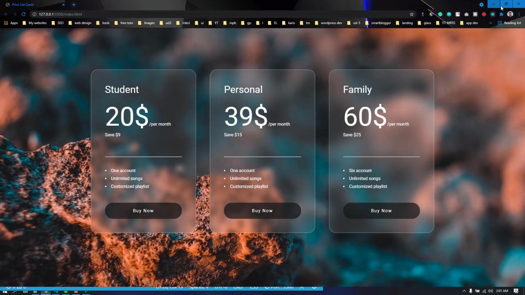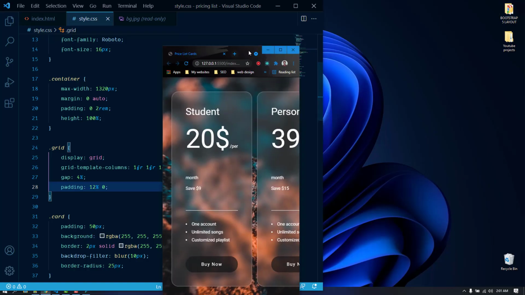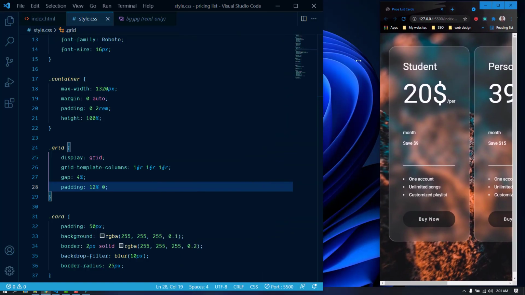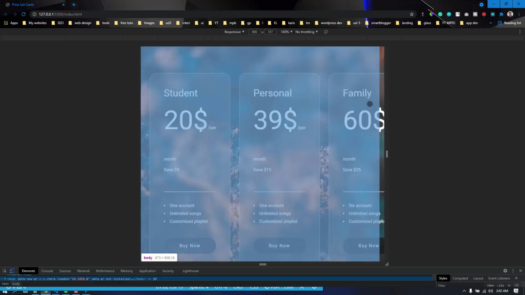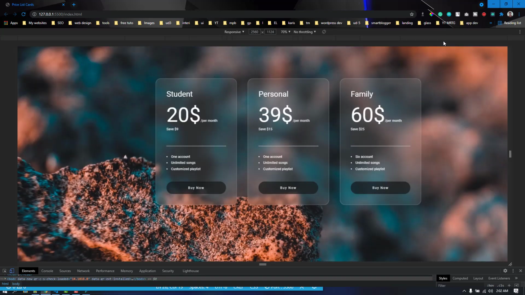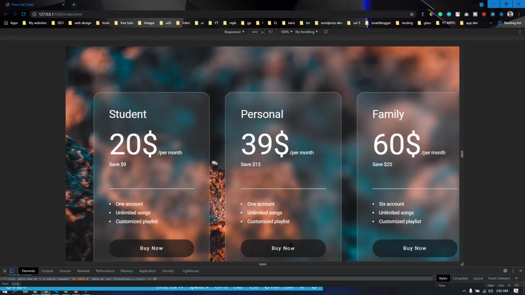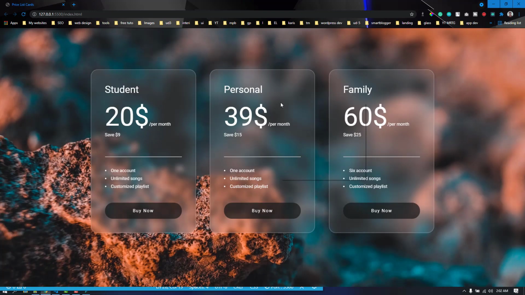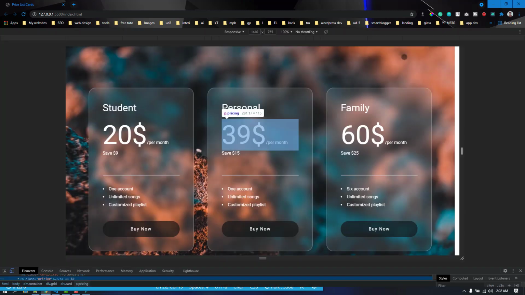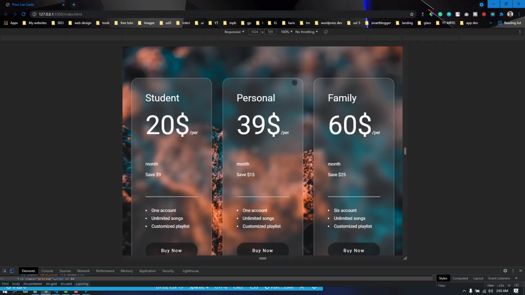So the cards are done, but this is not totally responsive. If we just make the display size smaller, it looks terrible. So I'm just going to open the dev tool here. It looks fine for this breakpoint, this is 1440. Sorry, I think there is some issue here. I'm just going to reload this. Okay, now it's fine. So for the 1440 breakpoint it looks okay, but if it gets reduced than 1024 it kind